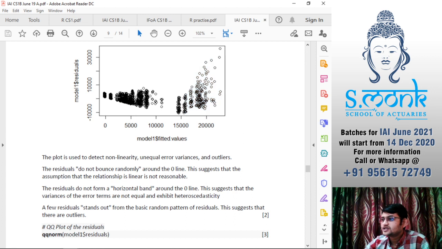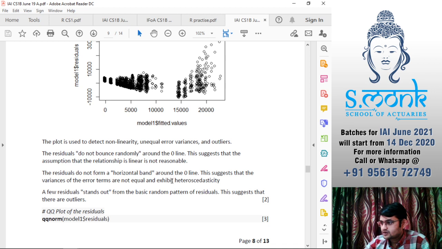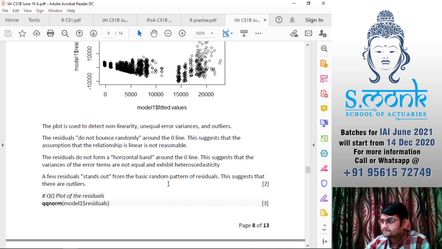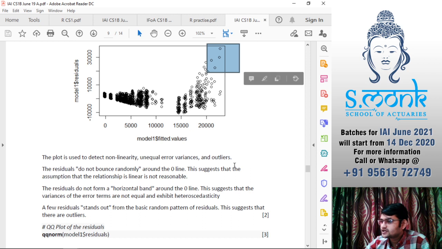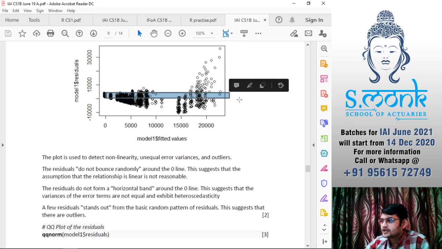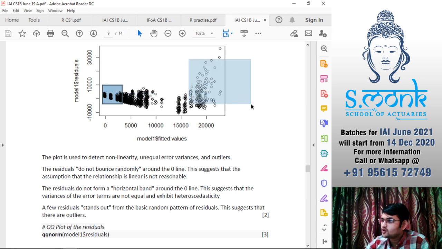Okay, it just says that all of the data is not showing equal variance. Then a few residuals stand out. These are very extreme values. From the basic random pattern of the residuals, this suggests that there are outliers. This suggests that we do not have a linear relationship, and because the variance is less and more, the variance throughout the data is not equal.